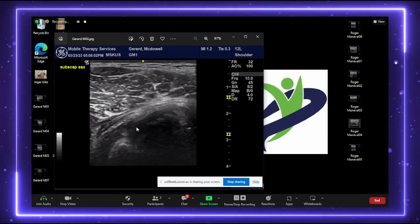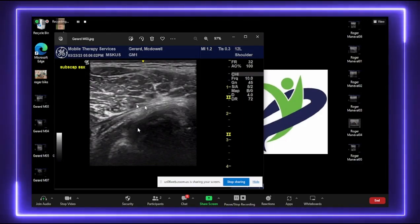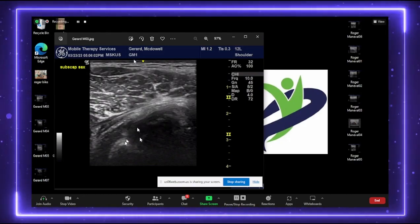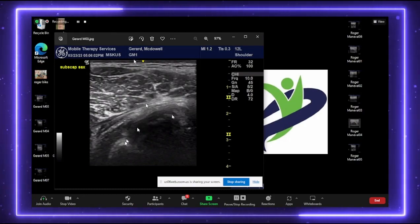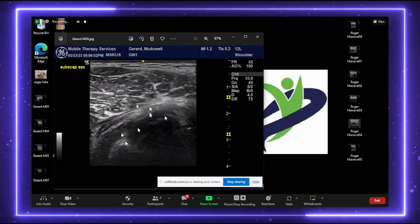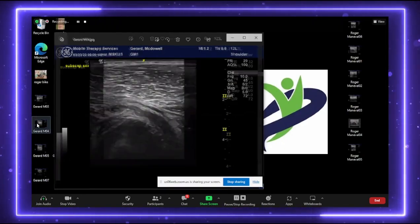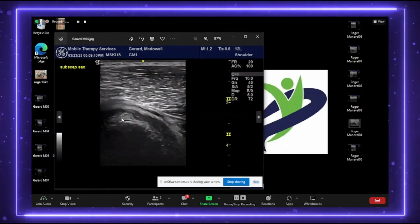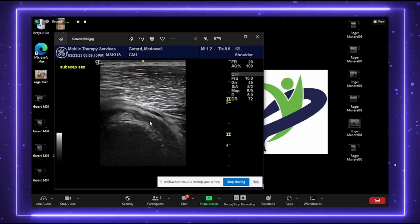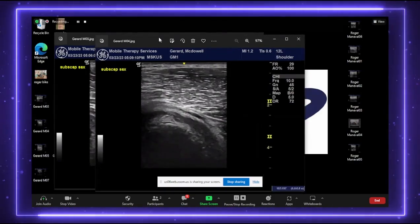This is a long axis view of the subscapularis. So we have this anterior deltoid muscle, which probably is what was compensating for the full thickness tear. Here's some remnants of the greater tuberosity with cortical irregularity, a thickened subacromial subdeltoid bursa. Not many fibers are coming across through this area. He had a large full thickness tear of his subscapularis. I did get a short axis image of that as well. There's one bundle of remnant fiber here, but he had really large full thickness tears through the